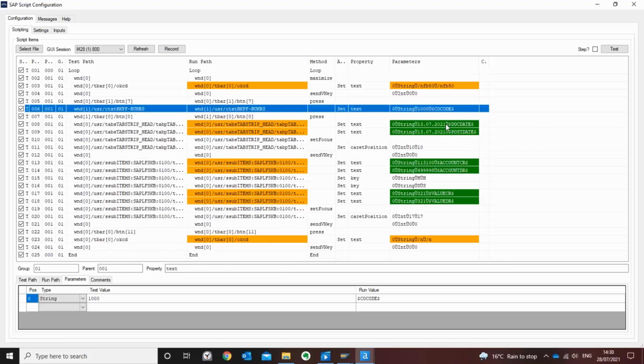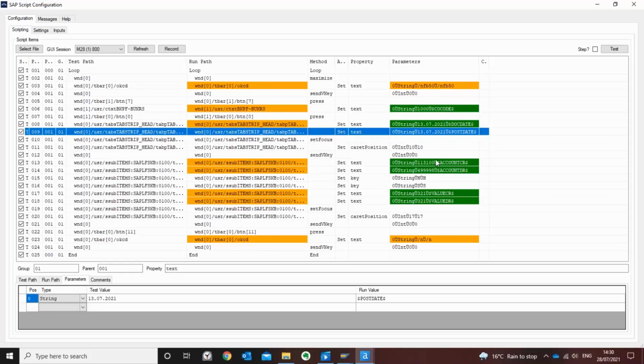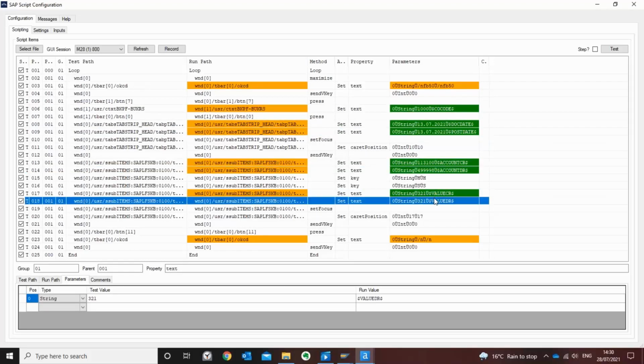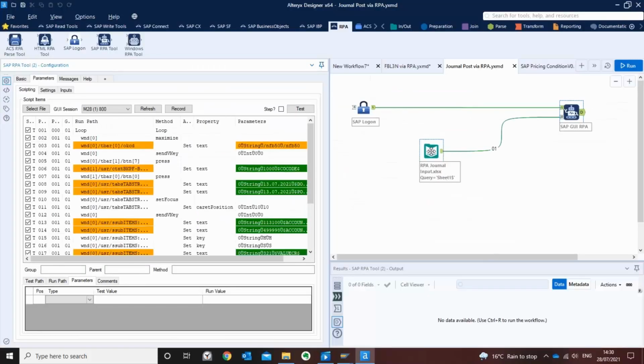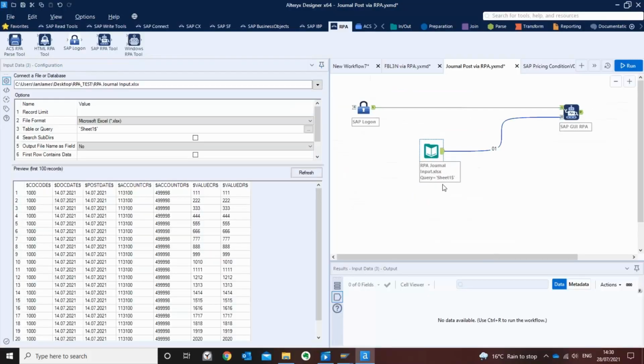There's a few more values in here. All these greens are parameters. As you can see, I'm going to add in particular posting dates, accounts, values, and it's running off this T code FB50, which many of you are probably familiar with. In this case, I'm using an Excel file. Again, this